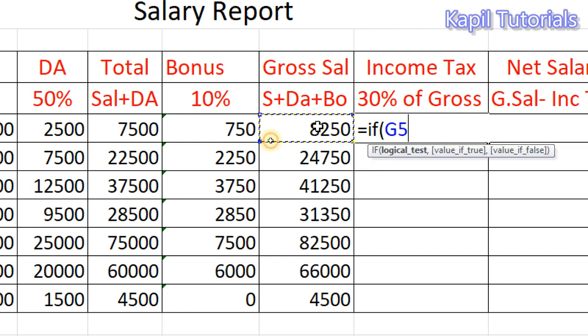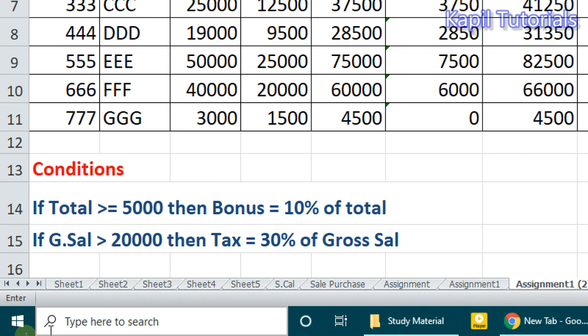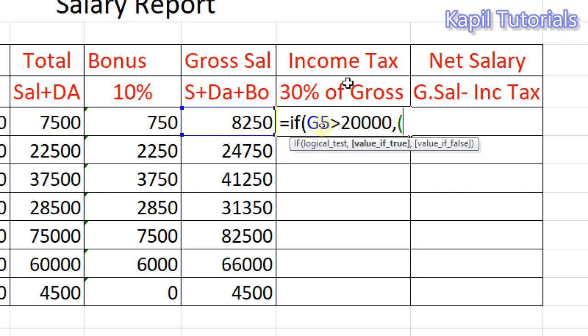If this gross salary is greater than 20,000, then what should happen? Bracket start. What was the condition? Then 30% of gross salary.